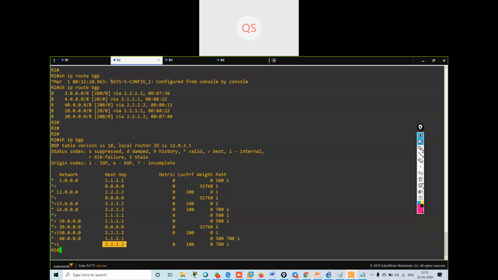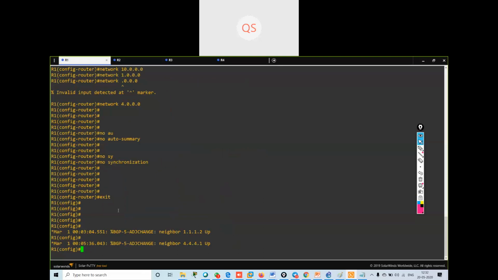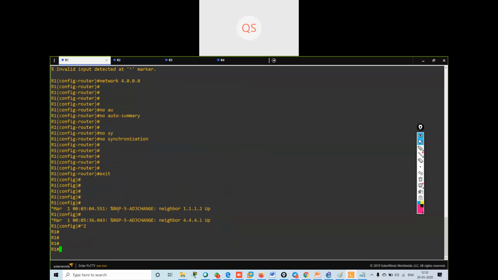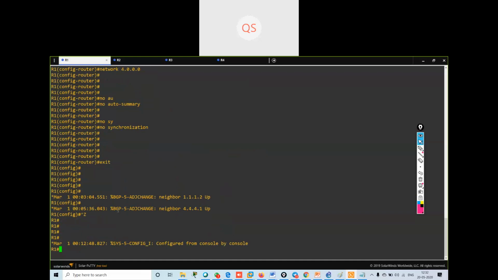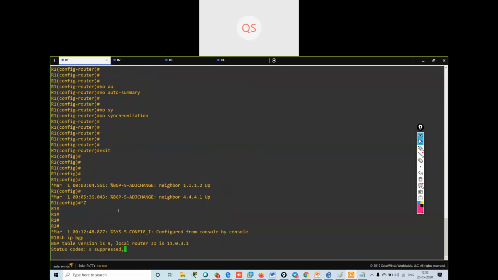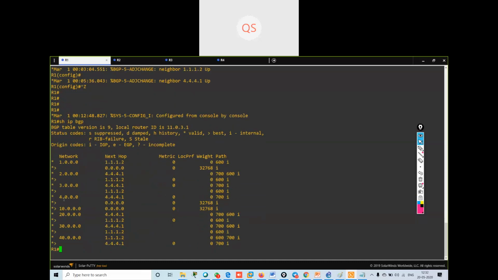So now my task is to configure R1. R1 will prefer all the routes via R4 only. If I see show IP BGP, to reach the 20 dot network, it is using 1.1.1.2 as the address.